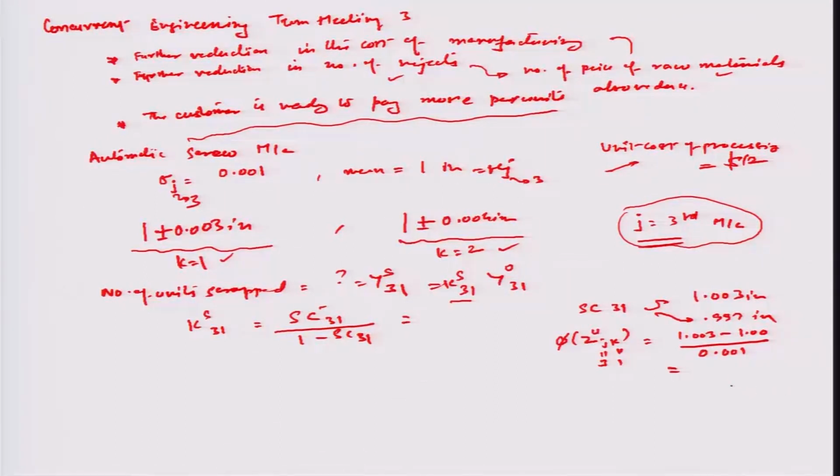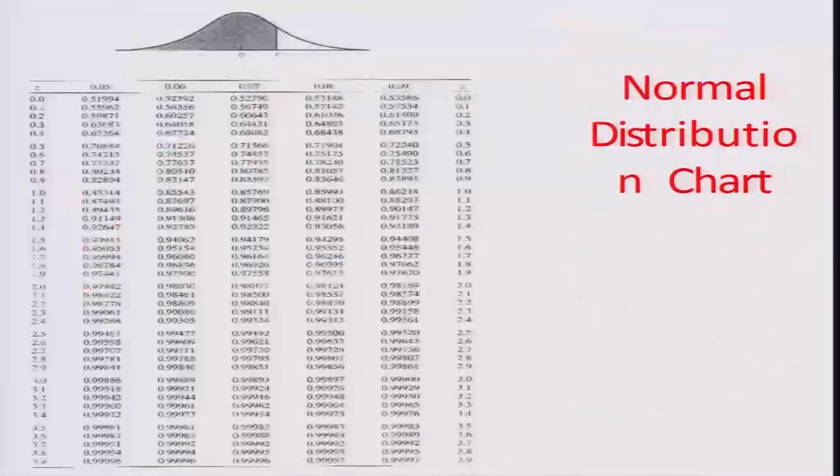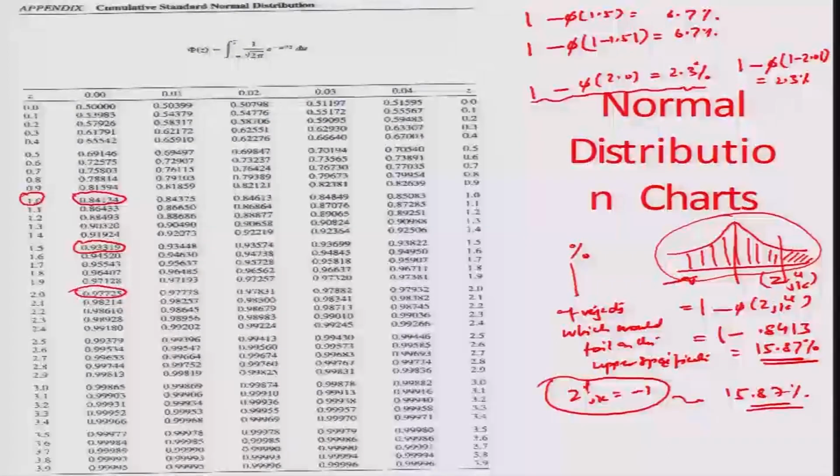Okay. So, this corresponds to about 3, and if I looked into so phi of 3, phi of this whole term, and if I looked into the normal distribution tables for corresponding to what would happen if the z equal to 3. So, this corresponds to about 99.8 or 99.9% of